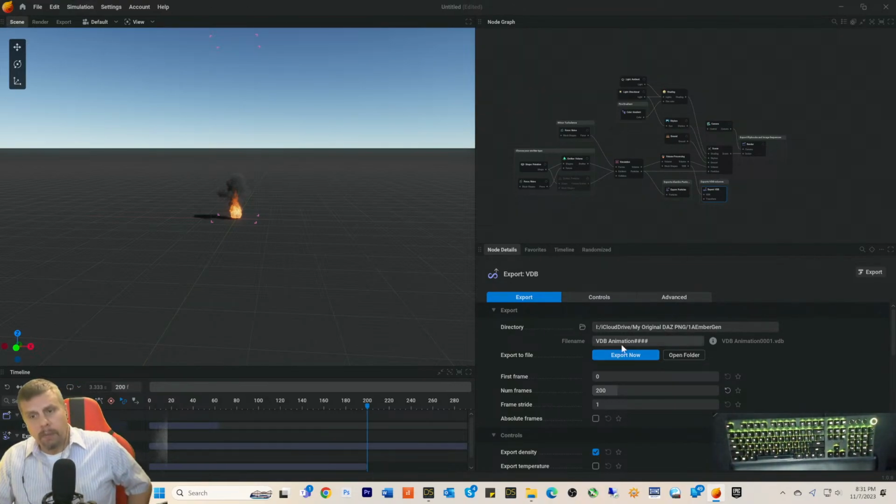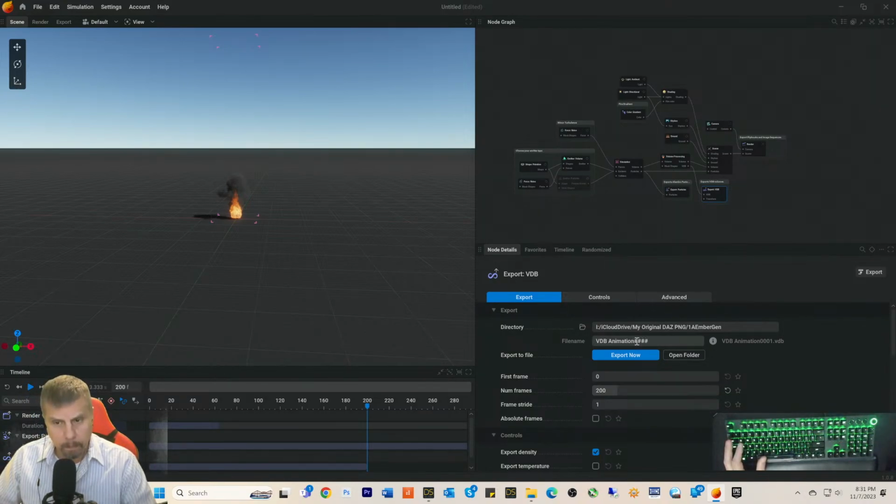Embergen, because if you notice here, what I have is a file name, and then I have these four little underscore or number kind of things, pound signs. Okay, what they stand for is 0. So what it tells you is that this is your title, your file name, it's going to create, because we have 400, we have 200